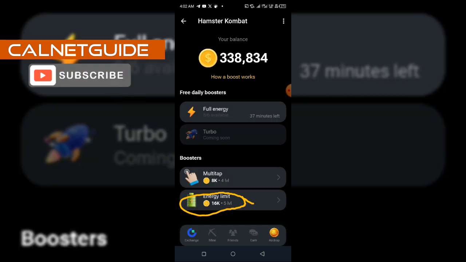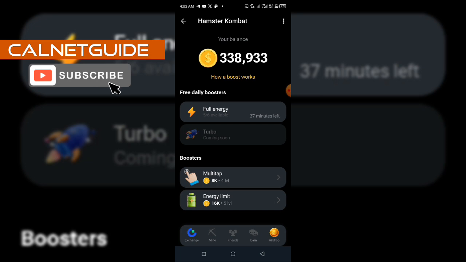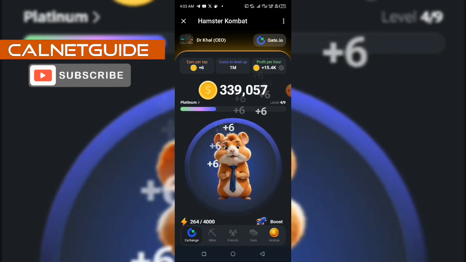Now for the energy limit, this one is to increase the limit of coins for a particular section. Just like I have 4,000 already that I can claim for a particular section, I can increase it to 4,500 by paying 16,000 of this coin. So that is what these two buttons do. These are just ways to increase your mining rate for tapping. So I'll go back to the initial screen and then I'll do some tapping,